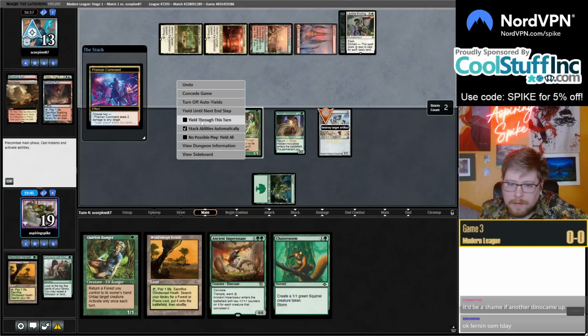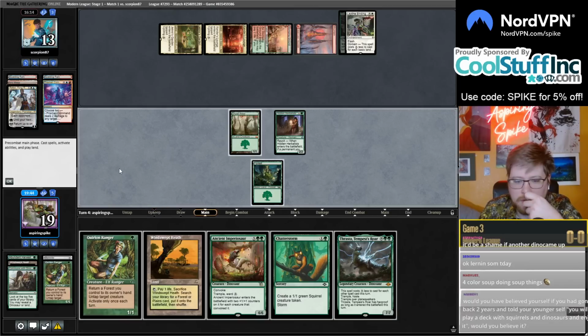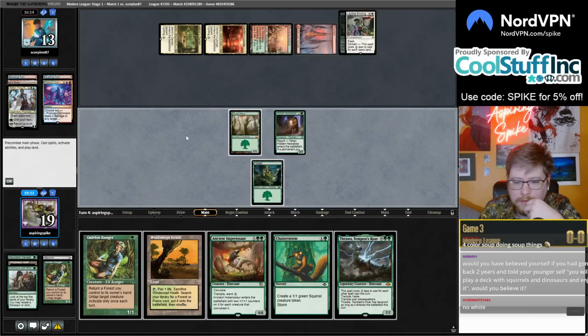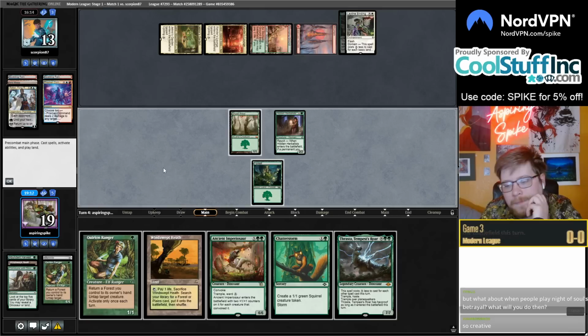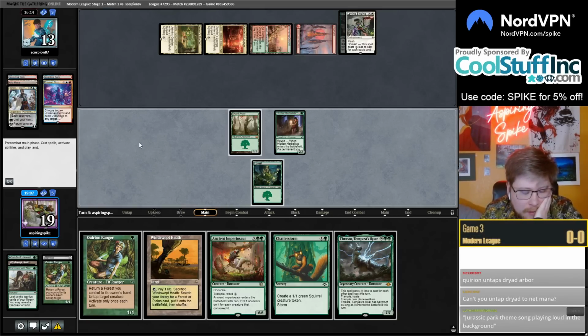Okay. I think I can still play this. Maybe I'm a little short. So I have 3 mana, 2 storm count. So 1, 2, 3, 4, 5, 6. Am I really just 1 short? Seems like it. Quirion on Dryad Arbor. I'm counting the Quirion Ranger, y'all. This is